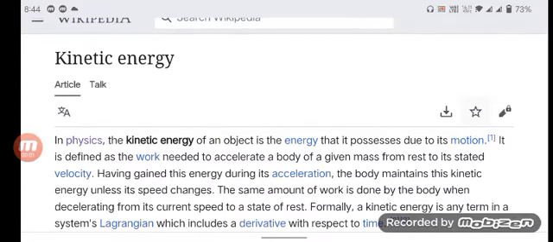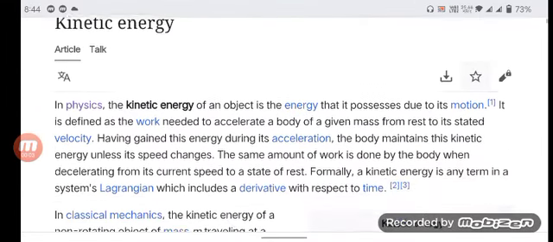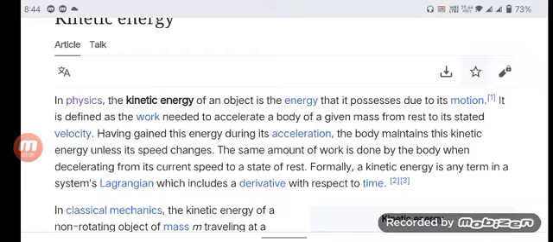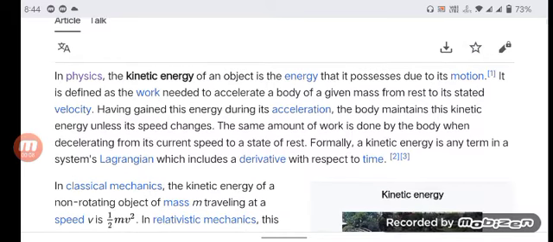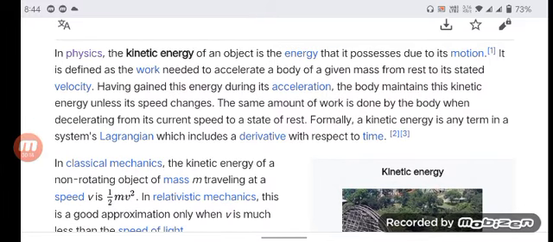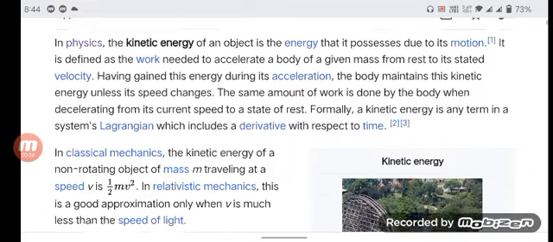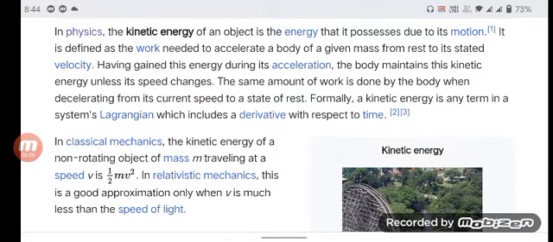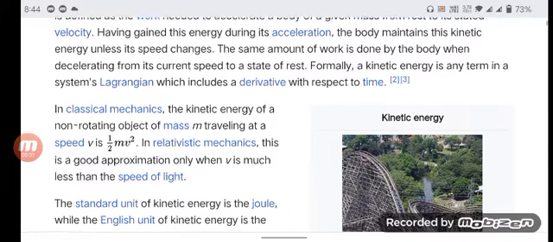Kinetic energy. In physics, the kinetic energy of an object is the energy that it possesses due to its motion. It is defined as the work needed to accelerate a body of a given mass from rest to its stated velocity. Having gained this energy during its acceleration, the body maintains this kinetic energy unless its speed changes. The same amount of work is done by the body when decelerating from its current speed to a state of